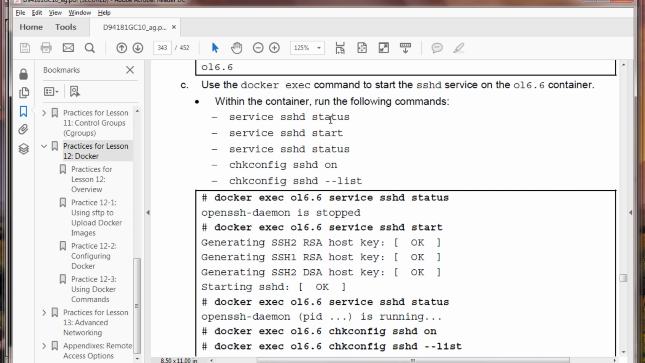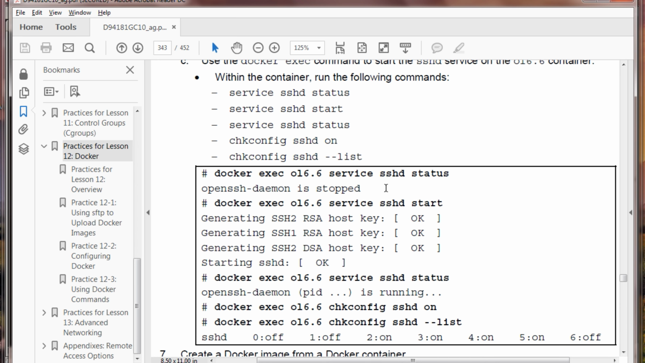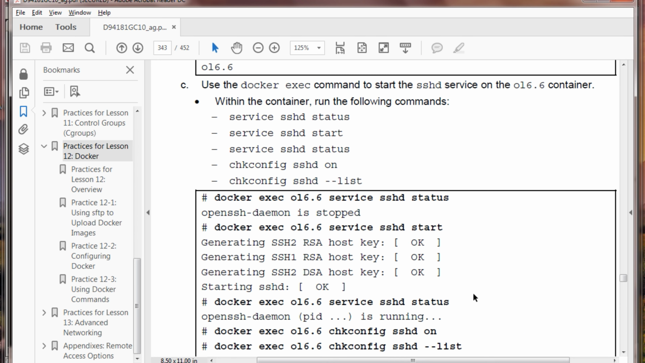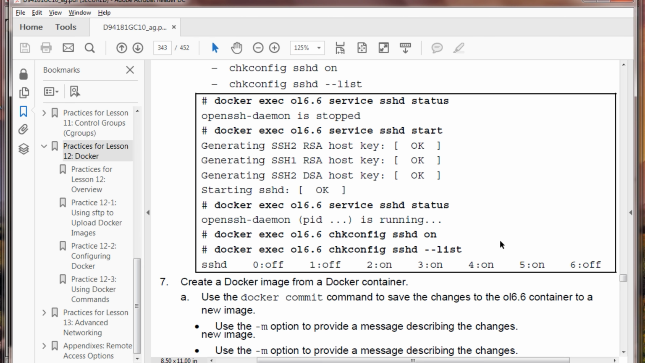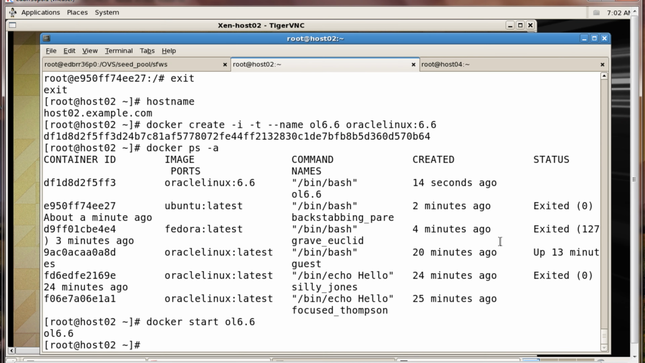And so status, stop. We'll do a start, we'll do a status again, tell us that it's okay. We'll do a chkconfig, because once again, this is not Oracle Linux 7, but it is Oracle Linux 6. We'll do that on, then we'll do an sshd to list that it's on. Those ought to be pretty straightforward commands. Docker exec OL6.6